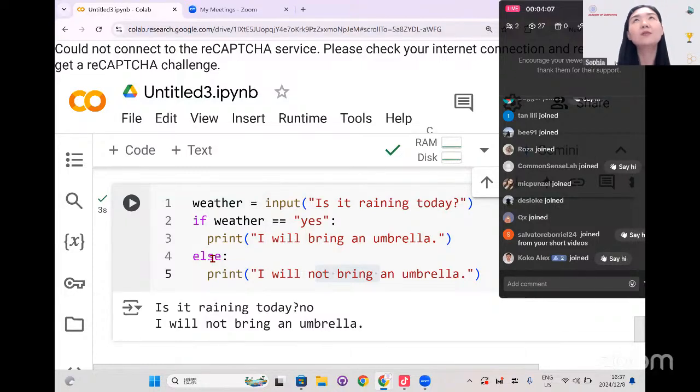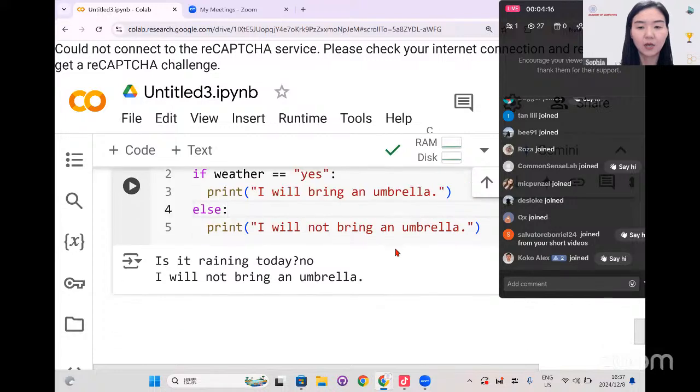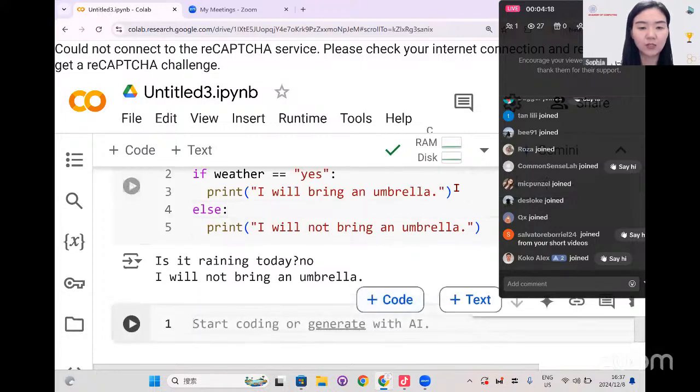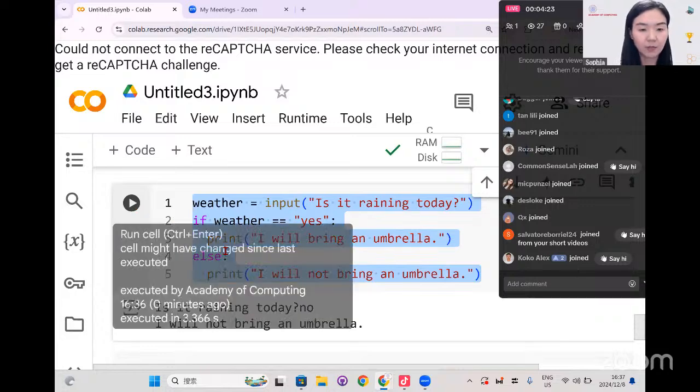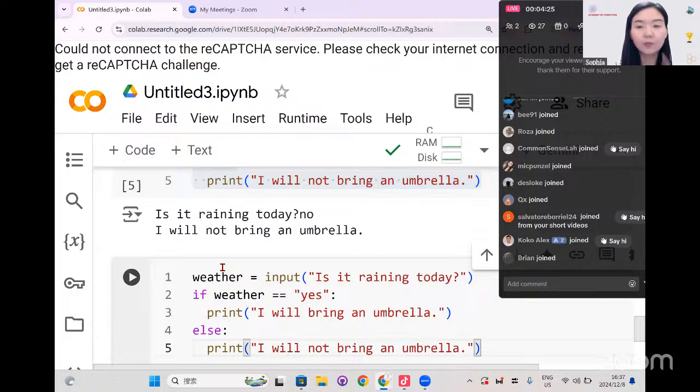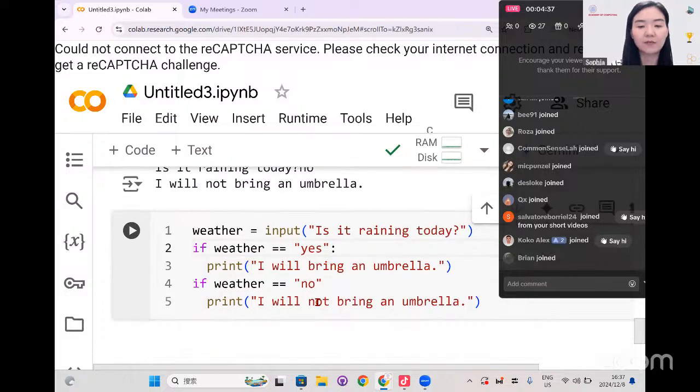There are times maybe I don't want to do an if else. I want to have two if. It's also possible. Let's not change this example because I want to compare this with a different code. So I'm going to write another code. I'm going to copy paste this and make slight changes. Instead of else, I'll put if weather equal to no. If it's yes, I'll bring umbrella. If it's no, I will not bring umbrella. So if I run this,